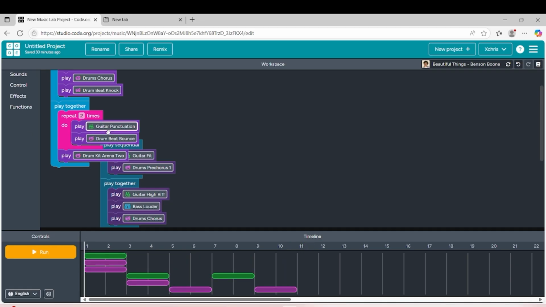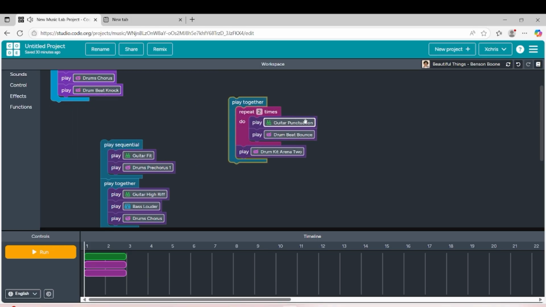As you can see, it is just vice versa and did the same as the first part, but this time the first instrument inside the repeat function will only play together with the instrument inside the play together function. In other words, this part can only play together with this other instrument, but the other instrument that we put inside the repeat function will not be played on the next part.